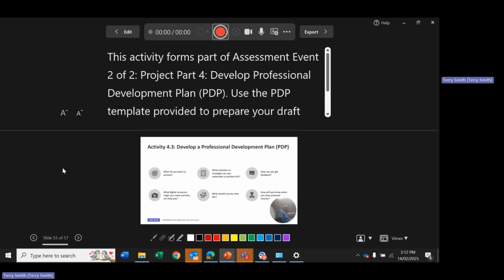What do you want to achieve? What will you do to undertake that? How can you get feedback? What digital resources might you need to help you? What would success look like, and how will you know when you've achieved success? These are the questions that you are asking yourself in your